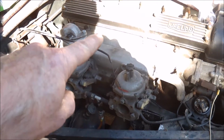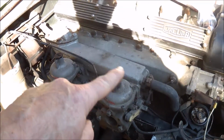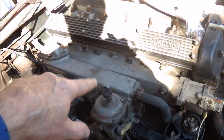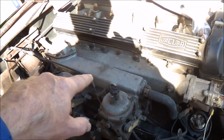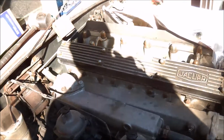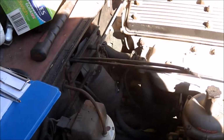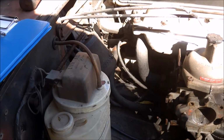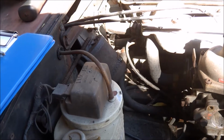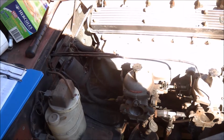the Stromberg carburetors. I did a bit of research on this overnight. Quite a complex mechanism. In effect, you've got two inlet manifolds with this, with butterfly mechanisms inside this piece here. It's connected by a lot of components, so I've actually got to start working out where I'll start, and when I do that I'll actually explain what I've done and how it comes off. It's something that doesn't appear to be covered in the manuals that I've seen,